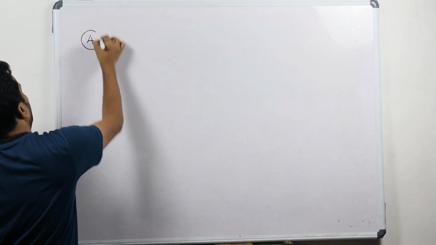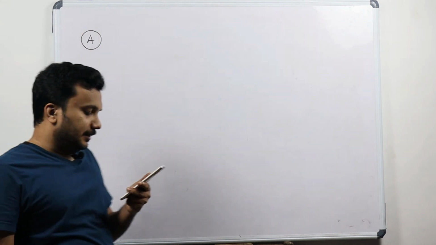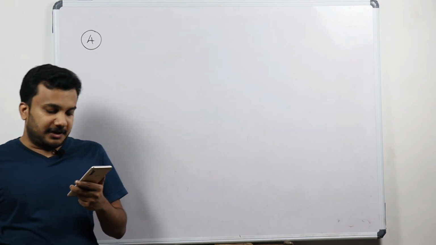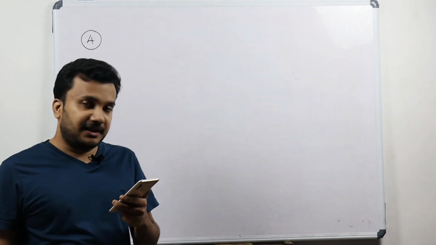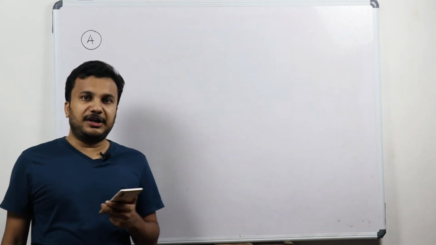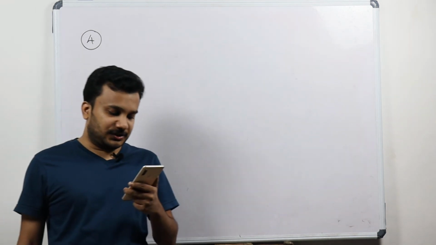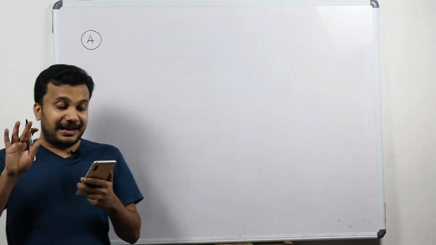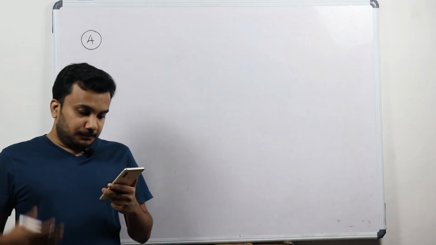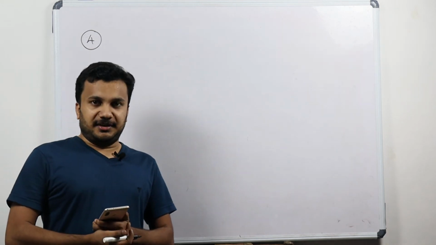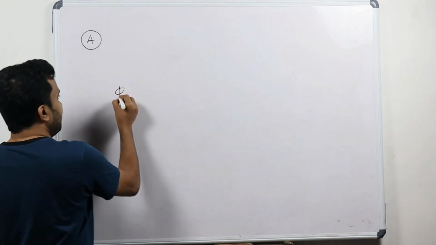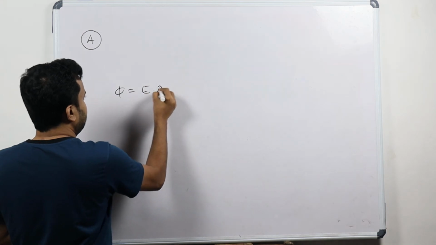Question number 4. In the figure, a diagram is given. Net electric flux through the area A is given by phi equal to E dot A. This is which law? Gauss's law. When the system is in an air medium, and on immersing the system in water, what happens to the electric flux through the area? So flux in air is given by E dot A.